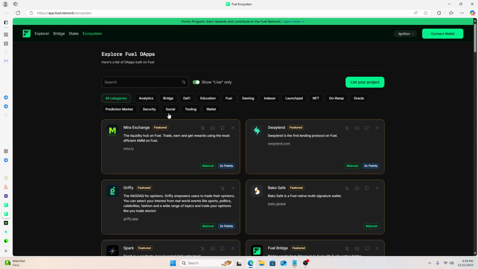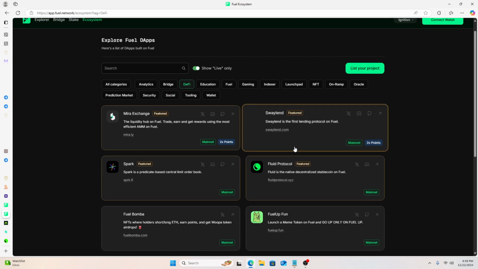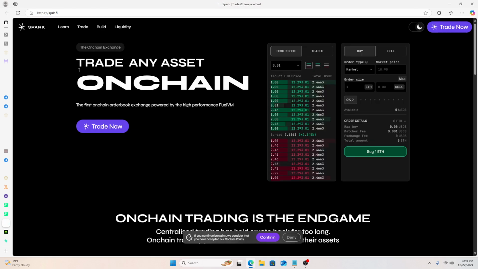Let's quickly see Social if there's anything there. Okay, so that's not like SocialFi. Okay, so Spark. Let's see what Spark has to offer. Although it's unique. This is the only